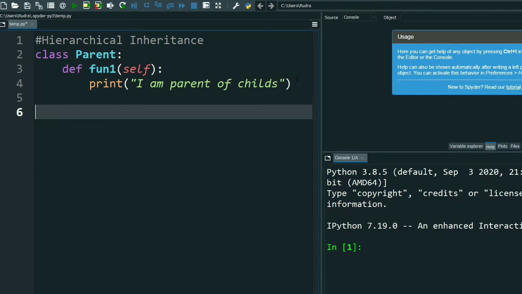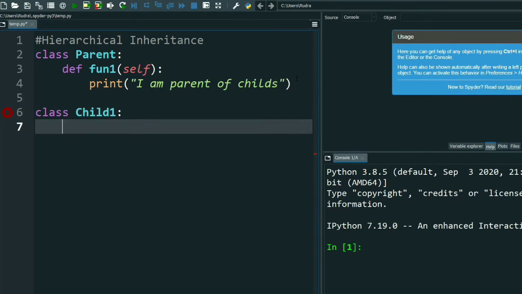Now what should I do? I should write here class child 1, because I already said a parent has two childs. A parent class and there will be two child classes. So class child 1. Okay. First child. Def func2 self.